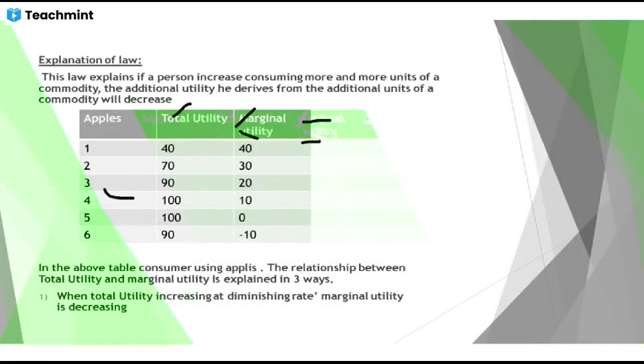When you are using four apples, you are getting 100 utils. That means for three goods the total utility is 90, and the fourth one is 10. The total is 100. So here the marginal utility is 10 only. And if you see the fifth one,